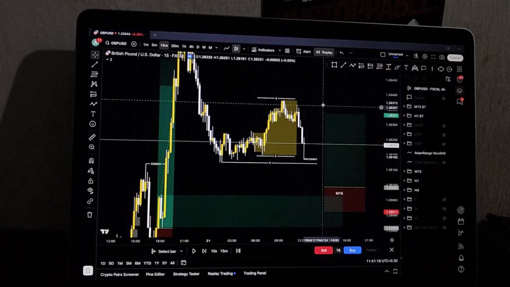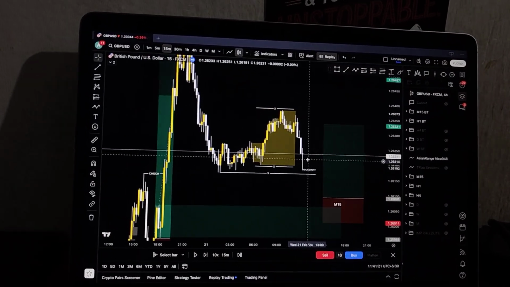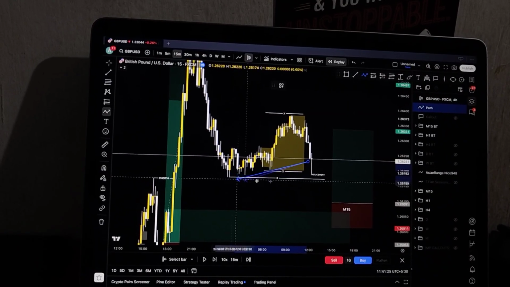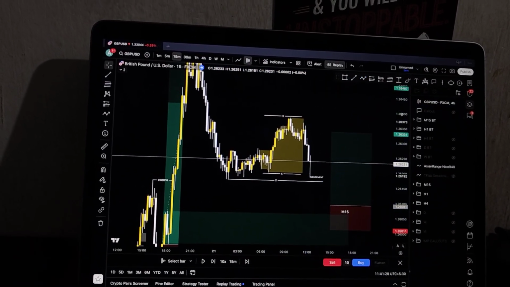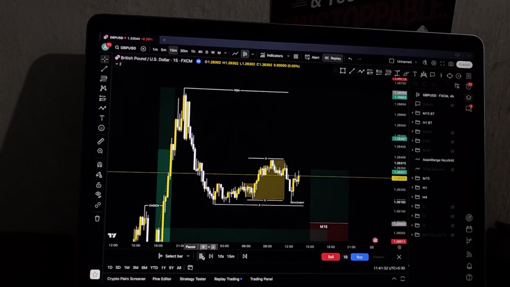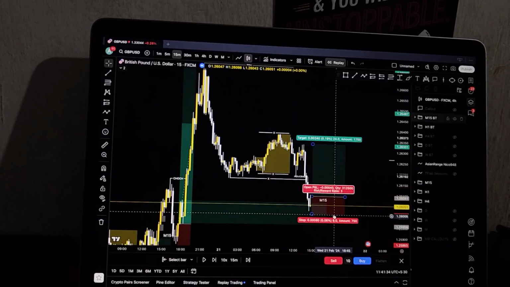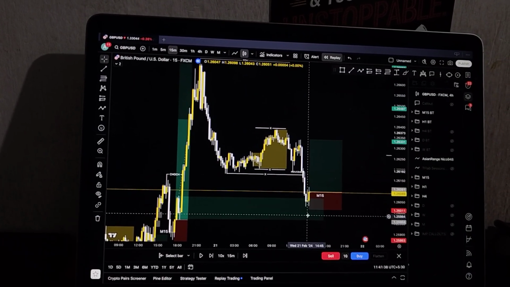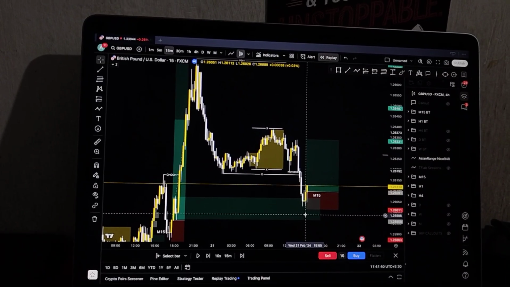So on Wednesday I was looking for buys. Obviously, if I'm looking for buys: Asian low liquidity sweep, previous structural liquidity was there, and there was also an M15 demand right here, because this was the closest demand zone on the M15. So this is when I waited for the inducement to happen. My M15 demand got mitigated, the previous structural liquidity got swept, and the move happened at 3 p.m.